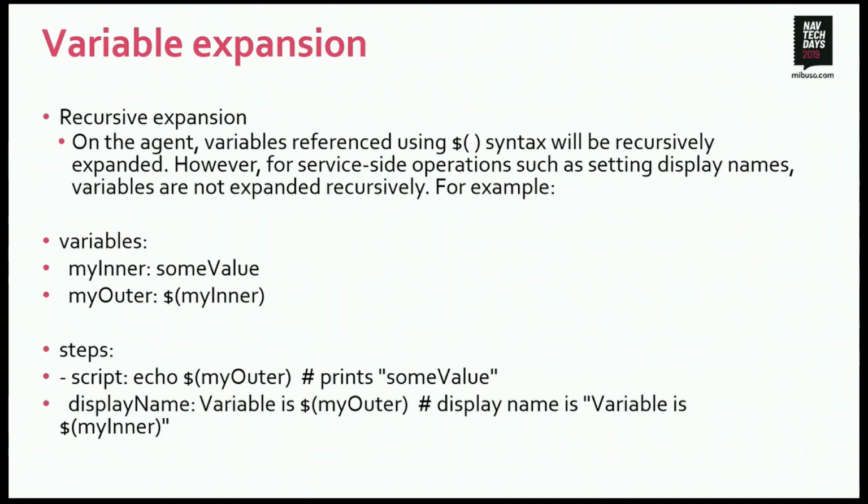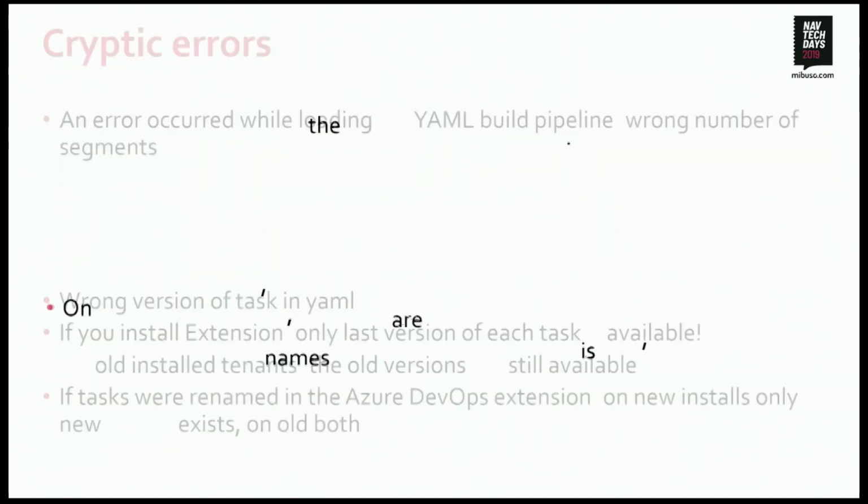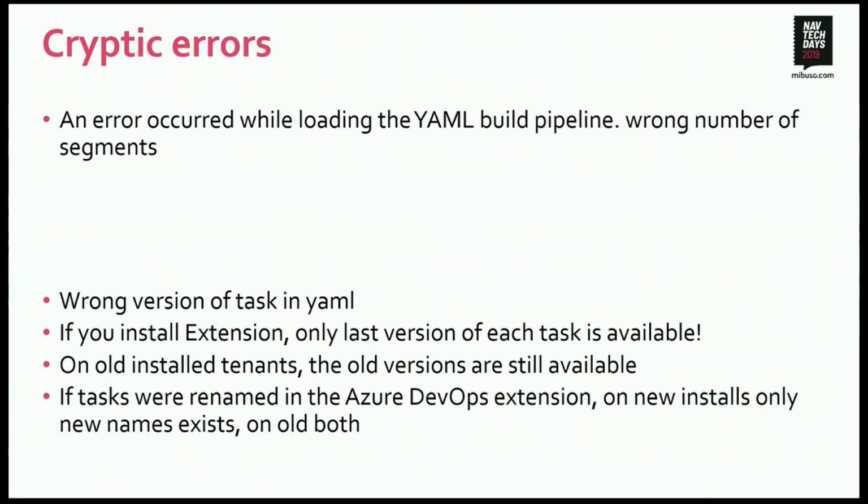That's one thing good to know. Another one, if you get this cryptic error at the beginning, that's "the error occurred and wrong number of segments." Who knows what that means? Yeah, nobody knows that. I find out that mostly there is a problem in my YAML file that I'm using